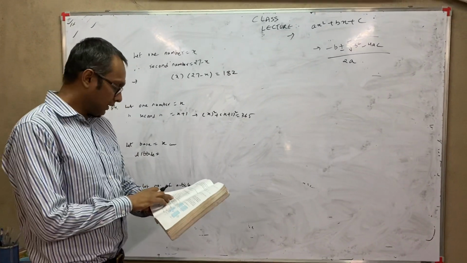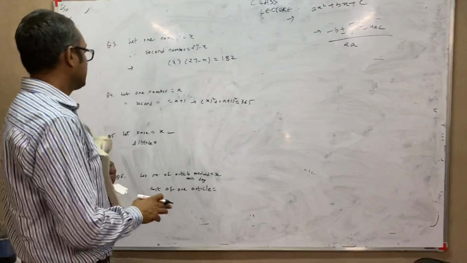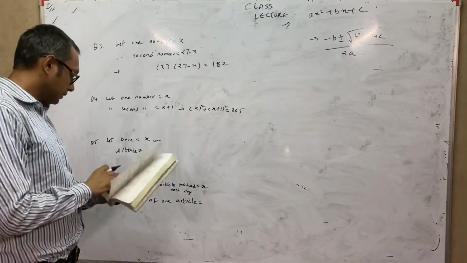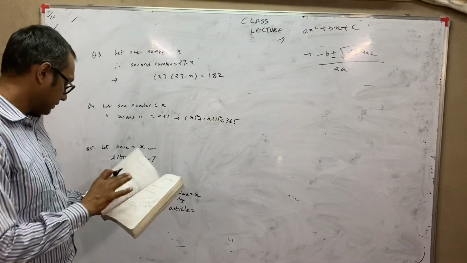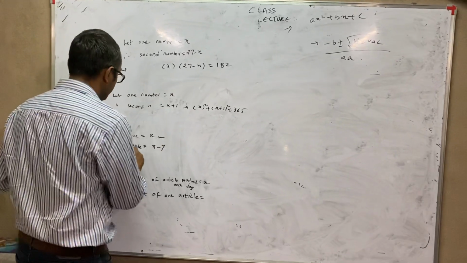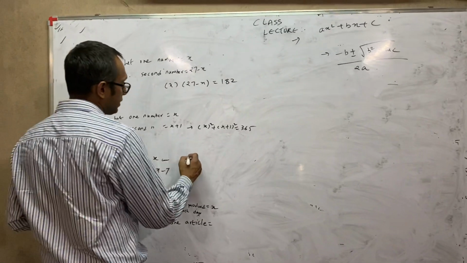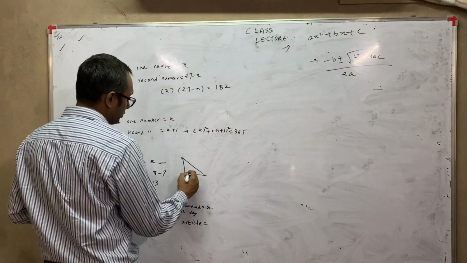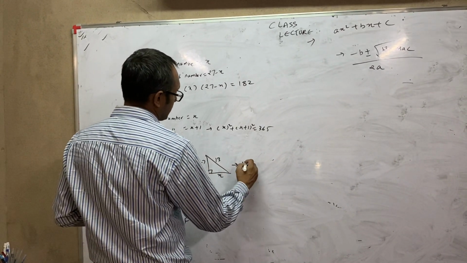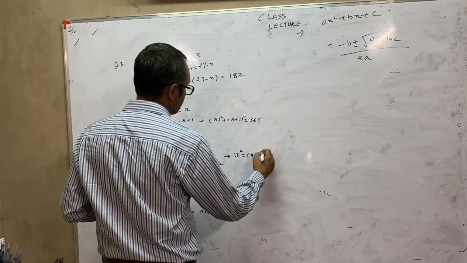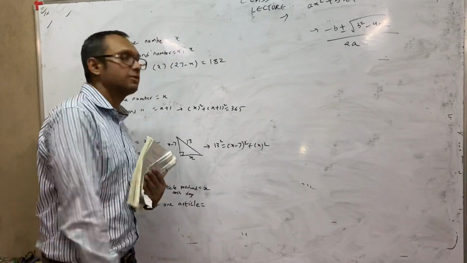Question number 5. The altitude of a right angled triangle is 7 cm less than the base. Let the base be x, then the altitude is 7 less than the base. Then the altitude will be x minus 7. And hypotenuse is 13. Hypotenuse they have given us, which is 13. Now you know in a right angle triangle you can easily apply Pythagoras theorem. This is 13 given to you, altitude is x minus 7 and this is base. So 13 square is equal to (x minus 7) square plus x square. Okay, now you will just solve this equation and get the value of x, whatever it is coming.